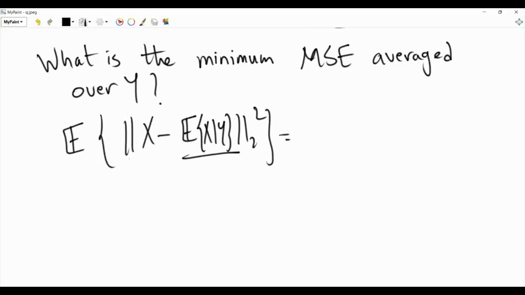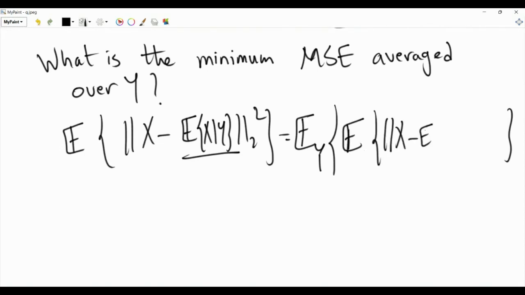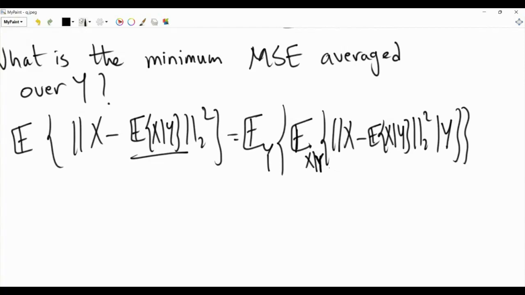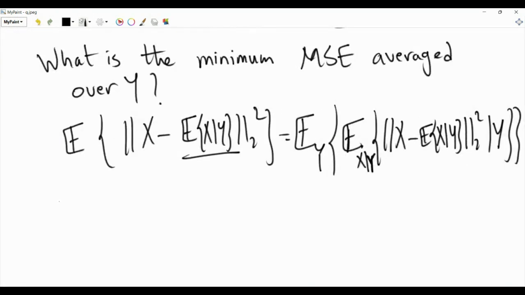We can write down this expectation using iterated expectations. So this is an outer expectation over y, and then we have the conditional mean squared error inside. So this will be the expectation of the L2 norm squared of x minus the expectation of x given y. Here we use the conditional distribution of x given y. Now, this is the expression for the average mean squared error when we use the conditional expectation of x given y as our estimator. Sometimes it is written in a particular way, which is basically that we take this L2 norm